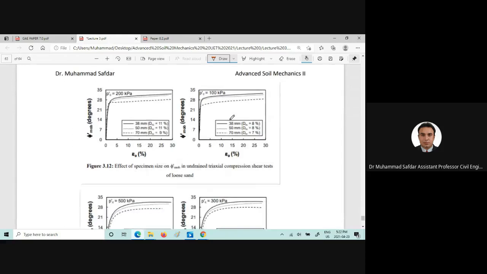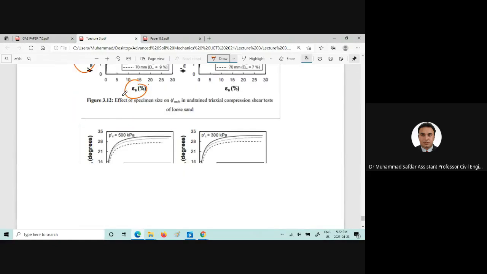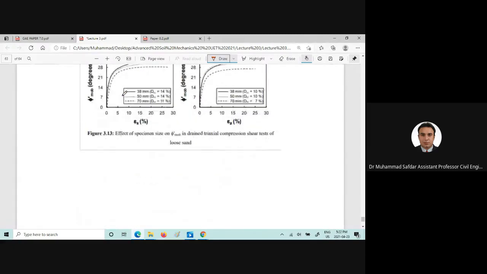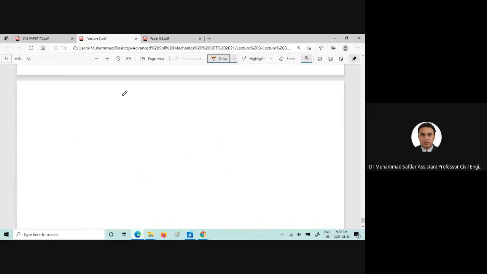Now, the mobilized friction angle can also be plotted with the axial strain for various specimen sizes in drained conditions for loose sands,